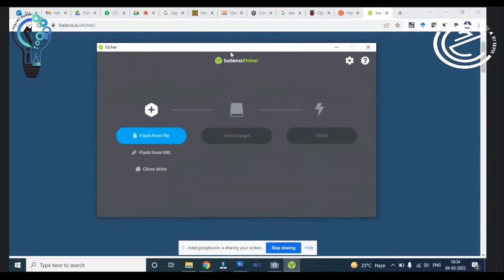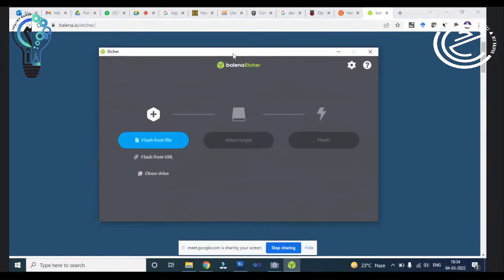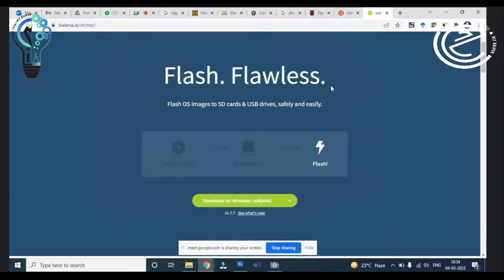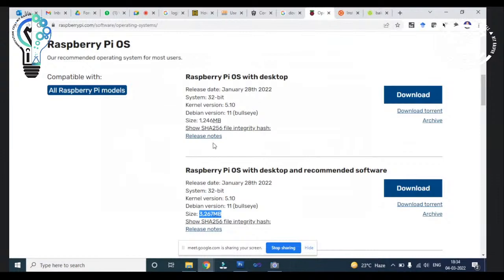It's one software which is freely available, but you can use any software which is provided by Microsoft to make the bootable pen drive or bootable memory card. So you can use these options, and you can upload the OS in the memory card, right? So this is the first software, Etcher, which you need to upload the OS in the memory card. Okay, so we can upload the operating system in the memory card.